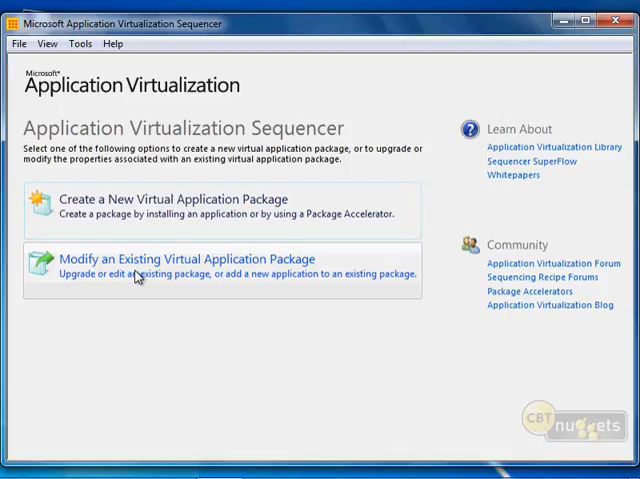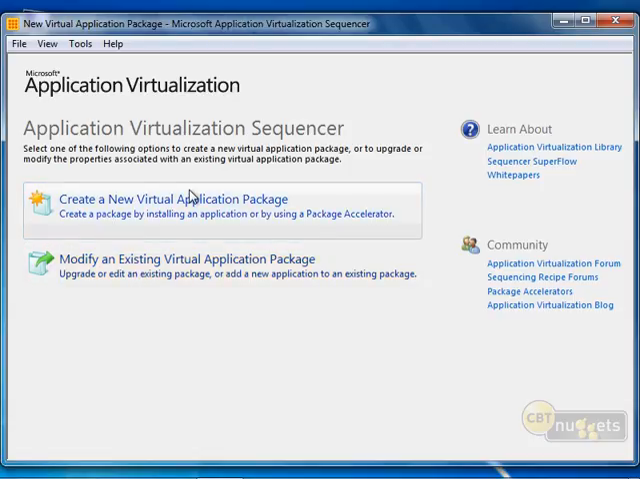Now what the sequencer does is very similar to what WinInstall LE does, at least from just looking at it. But it does something very different in that when it deploys the application, it's not going to deploy the application as an install. It's going to deploy it as a virtual application. So let me show you how you package something using the sequencer. If you click here to create a new